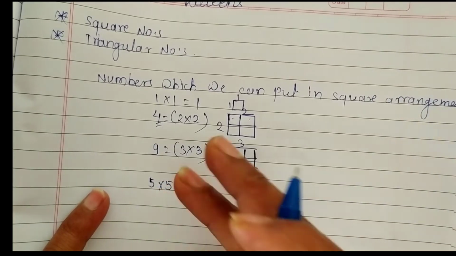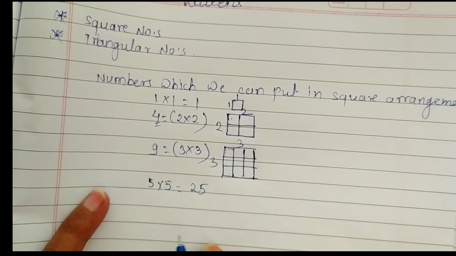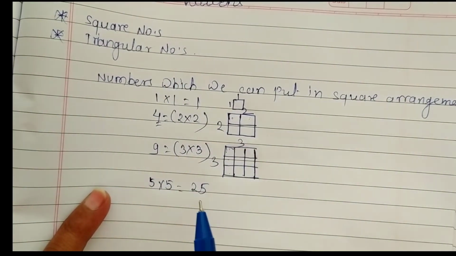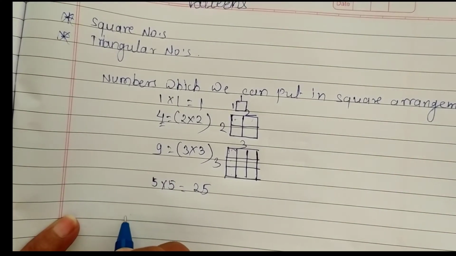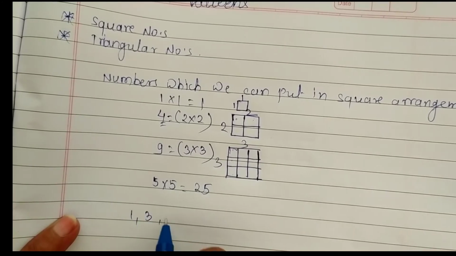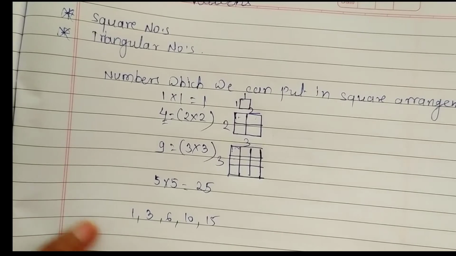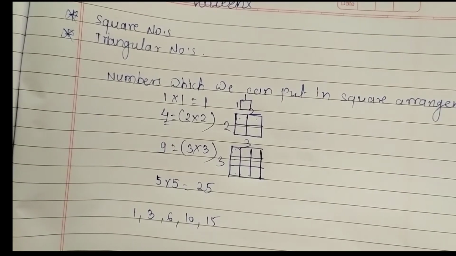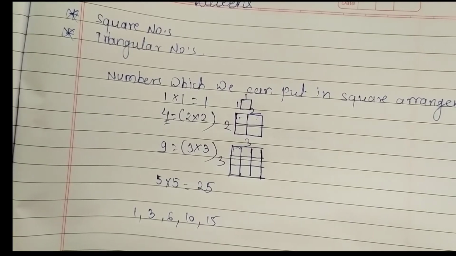And what is a triangular number now? Triangular numbers are the series of numbers 1, 3, 6, 10, 15, etc., obtained by continuing summation of the natural numbers, that is 1, 2, 3, 4, 5, 6, 7 and so on. These are the natural numbers.